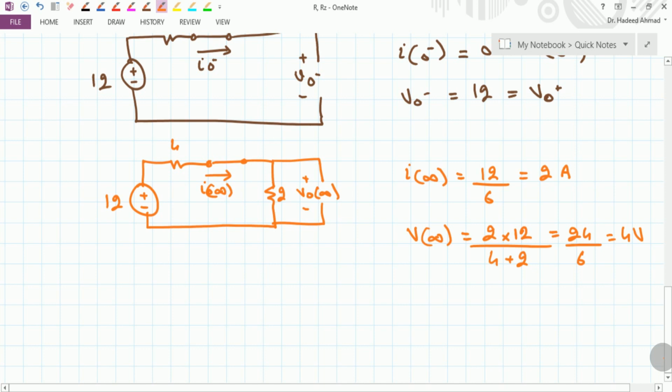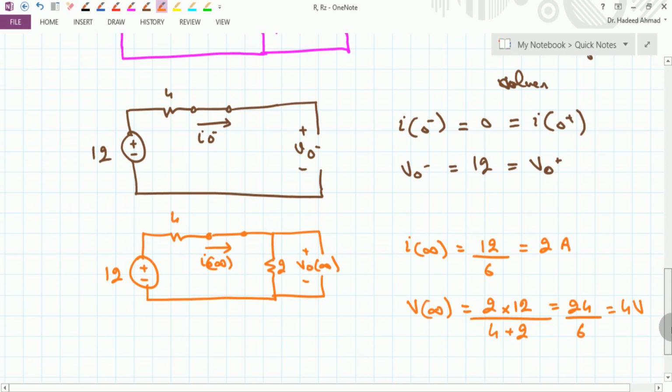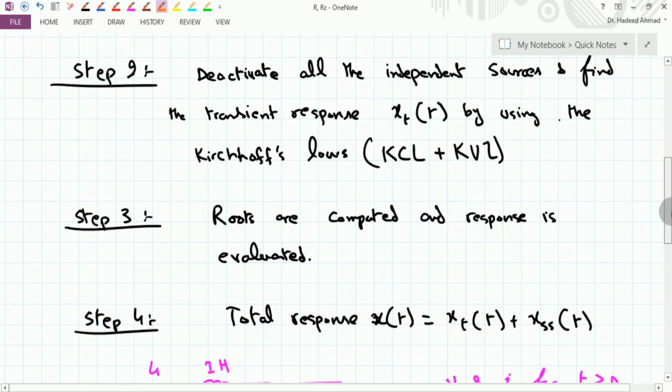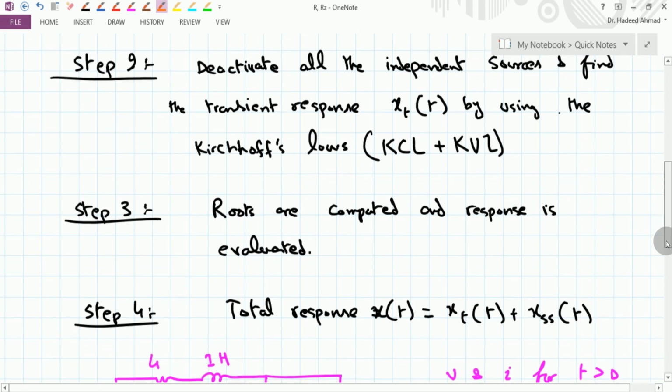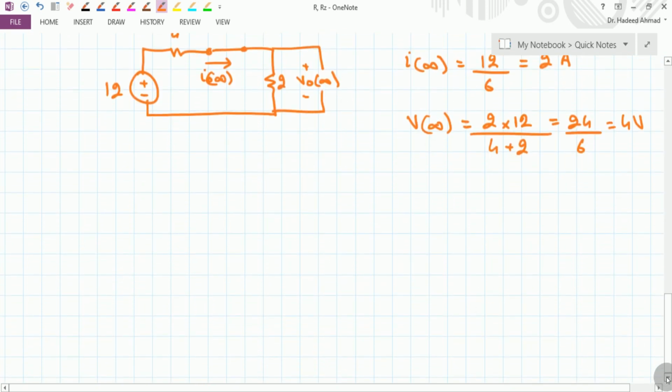So now we have computed the initial conditions. We will now proceed to step number 2. Step number 2 is to deactivate the independent sources, and then we will find out the transient response by using the Kirchhoff's laws. So we will use the Kirchhoff's voltage law and the Kirchhoff's current law to find out the transient response here. For this, I will redraw the circuit. This is step number 2. At time t greater than 0, the circuit becomes